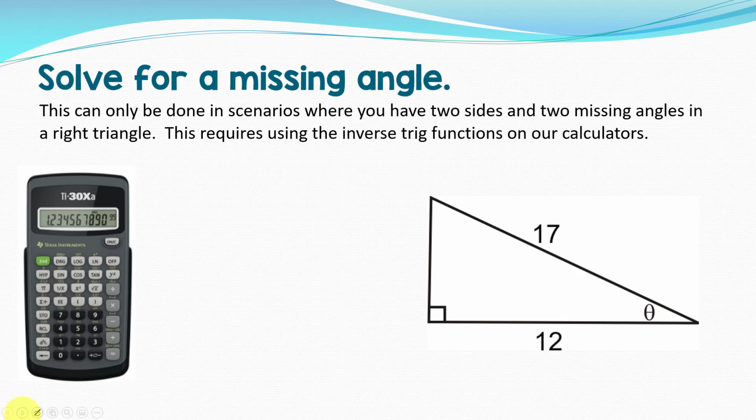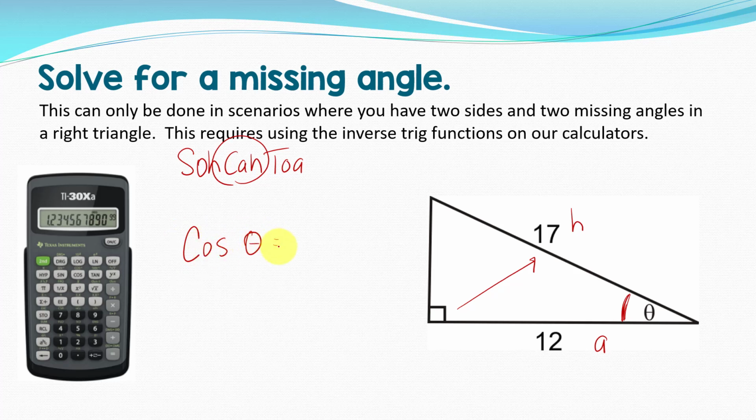In this scenario, we start the same way as the others. This is the angle that I'm looking for, and so I'm going to label the sides that I have. This one is adjacent to that angle, and this one is the hypotenuse. So once again, just like before, I'm going to look at SOHCAHTOA and see what I'm using. I'm using adjacent and hypotenuse, so that is my cosine function. So what I'm looking at is the inverse cosine. So the cosine of the angle theta is equal to adjacent over